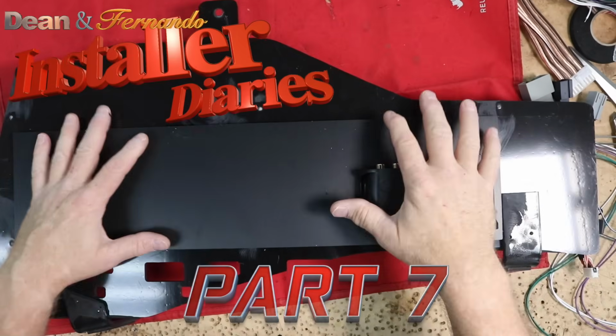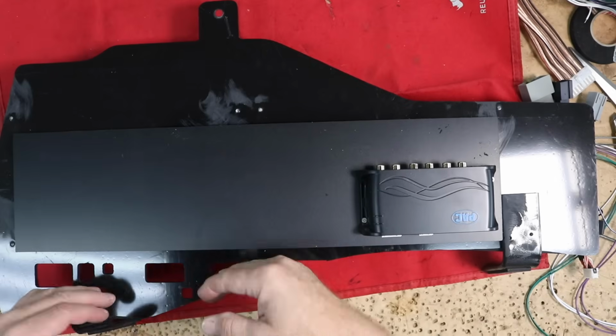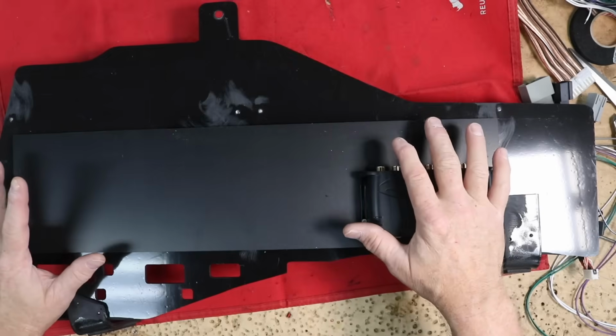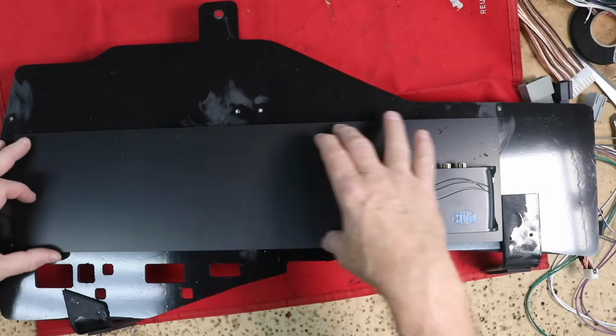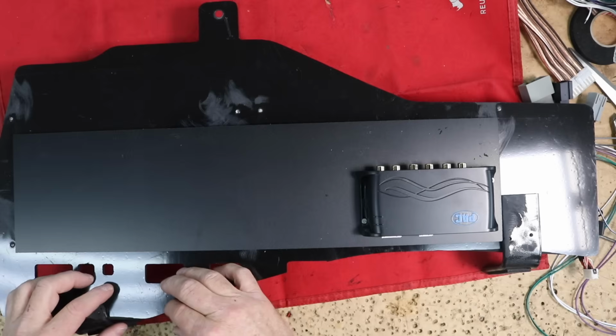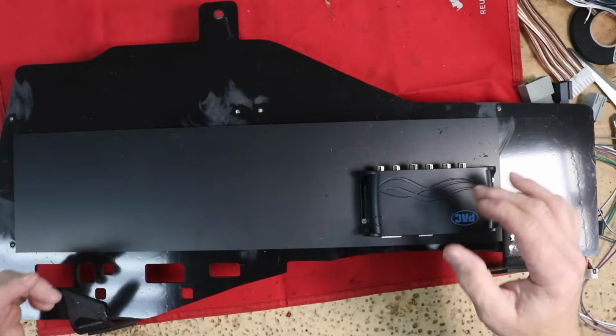Just taking a look at the back of the amp rack, this is where I want to mount the Amp Pro. That means all my wiring is going to come around this side. My plan is to take this piece right here and attach everything to it so they can easily just run through these holes, and in the end I can attach this to here and everything will look pretty nice, neat,